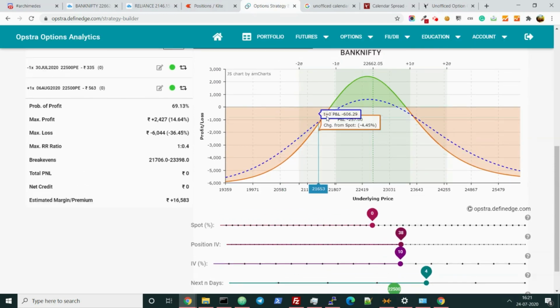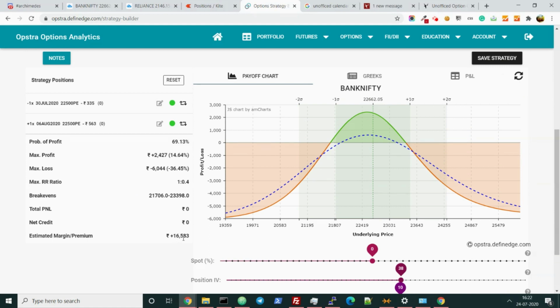Okay. So in this case, these are our actual positions. We are assuming that we shall be making a 1,000 to 2,000 profit, somewhere like that, and our range will be 21,700 to 23,500. And on this day, which is Tuesday, we shall decide what to do with these positions. If the market is here, at that time we can sell a call spread or put spread. I shall be updating on that. But this is how you can check the range here.